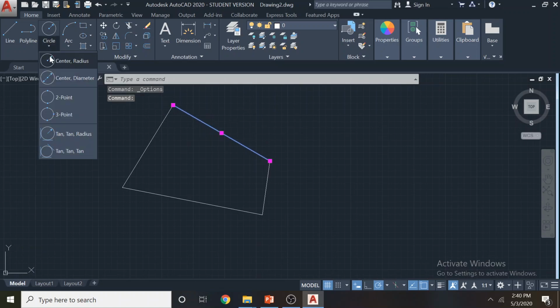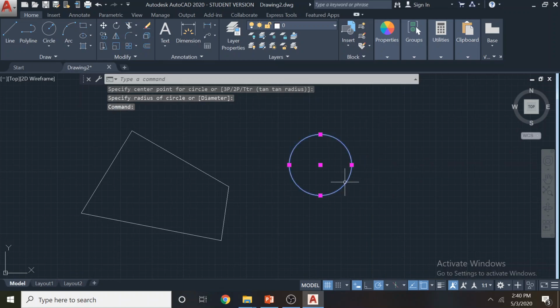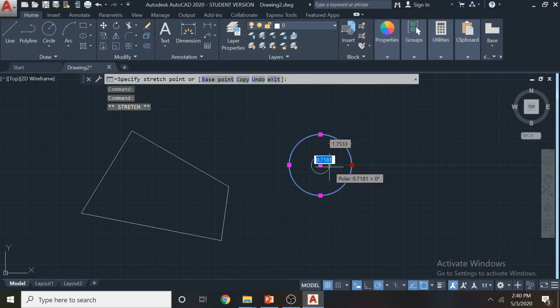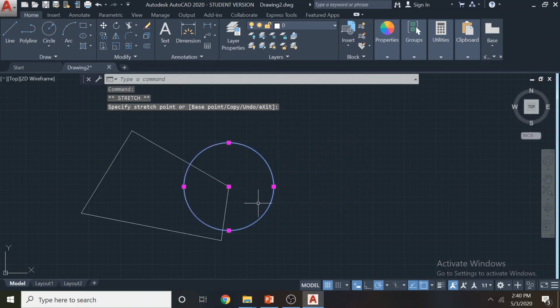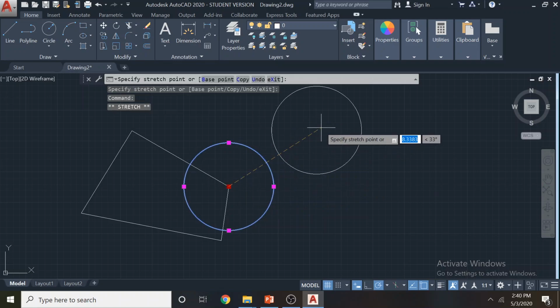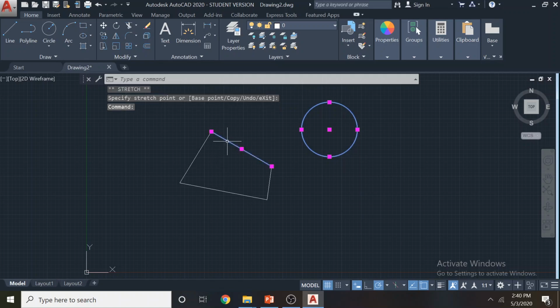Now when you look at the circle, it has more than three grippers. It has circumference grippers which can be used to change the diameter, and the center gripper. This center gripper can be used as the holding point to change the location of the circle. When you want to delete something, you just click on it and press the delete button, or there's an erase tool available here.